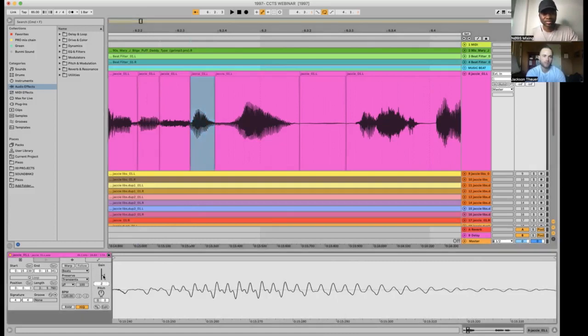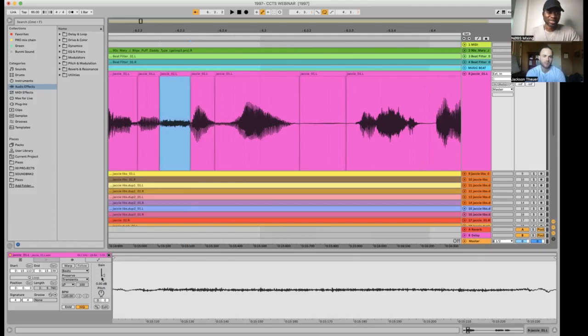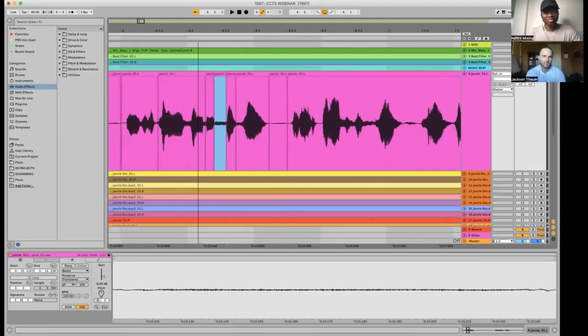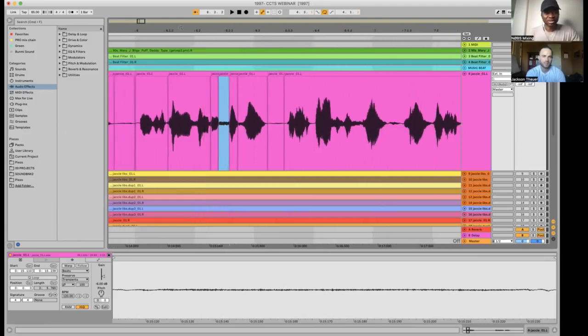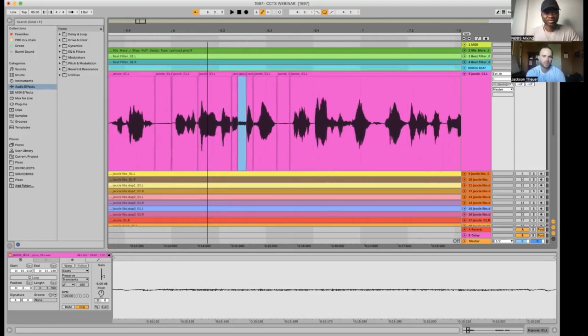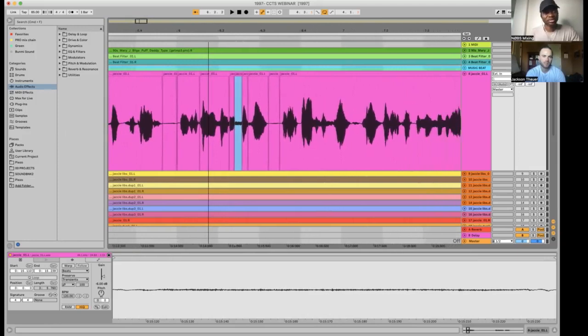What do you think about Vocal Rider as far as volume changes? Vocal Rider, they haven't got that yet. It's still not perfect, but you could try it. I'm sure there might be a plugin out there now that can do it well, but the one I tried was Waves Vocal Rider.